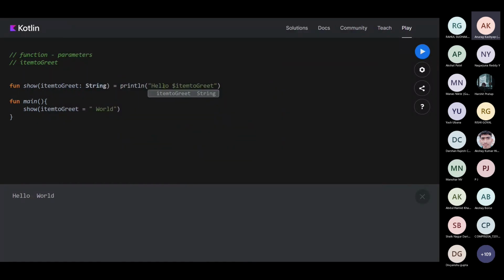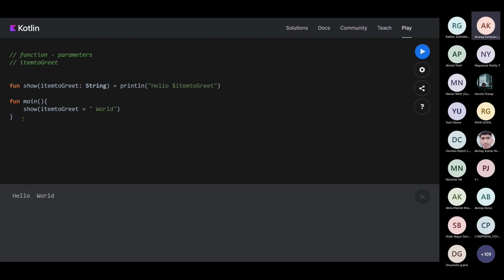First I created a variable, and in that I took the value of hello and then I printed it. But here I'm directly printing the value. No need to create a variable, and I'm directly taking the value of item to greet over here.